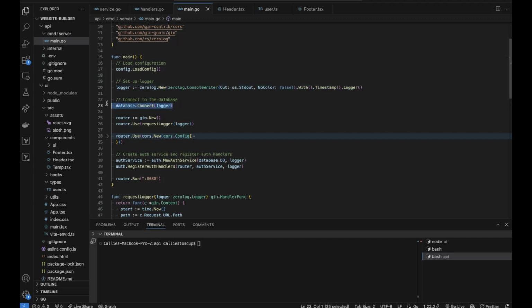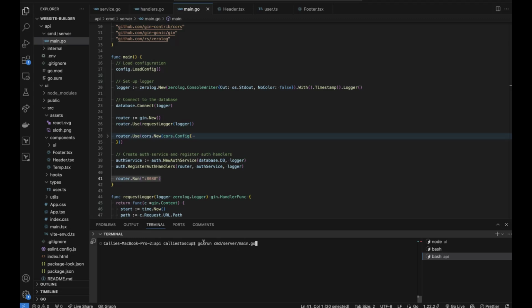I'm connecting to my Postgres database, and then I am setting up my router, and I'm making sure that my router uses my request logger, which is set up down here, but we're going to go over logging in another video. Finally, I am setting up my auth service and my auth handlers, and I am running my server on port 8080. So if we go ahead and take a look now,